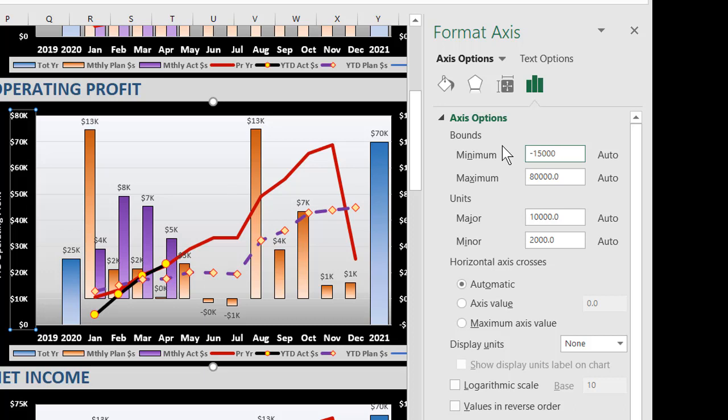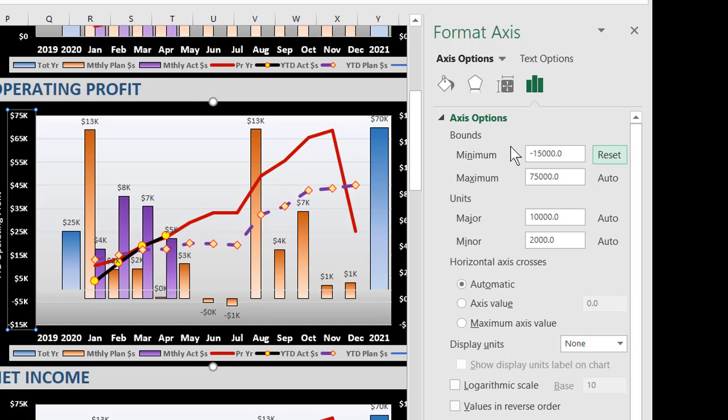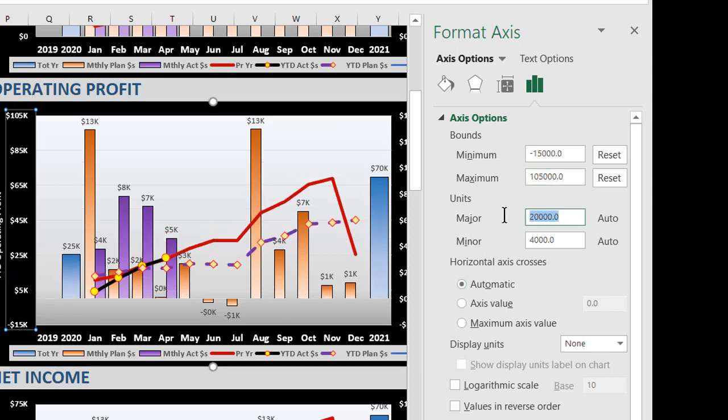So I'm going to set the minimum at negative 15,000, and then I want 7 15,000 increments up above 0. So 15,000 times 7 is going to be 105,000, and I want to change the units so that